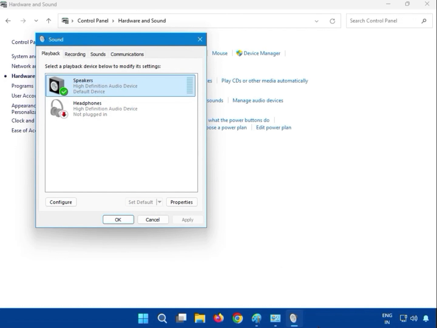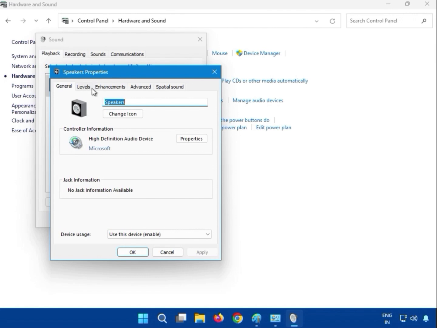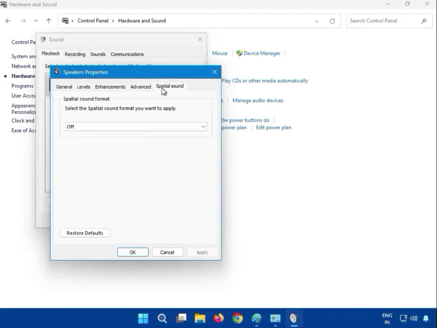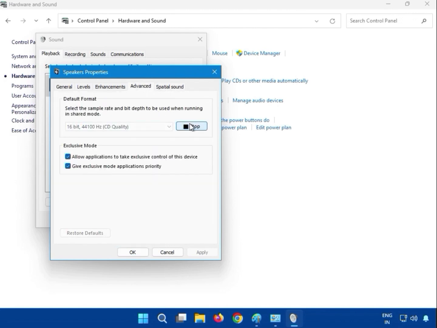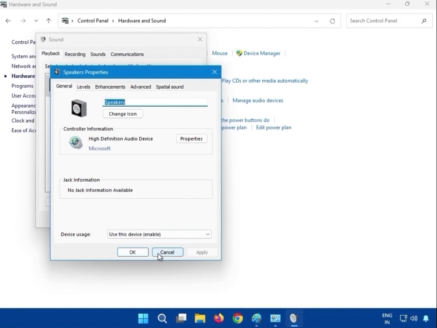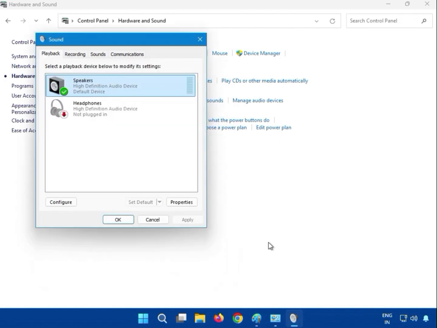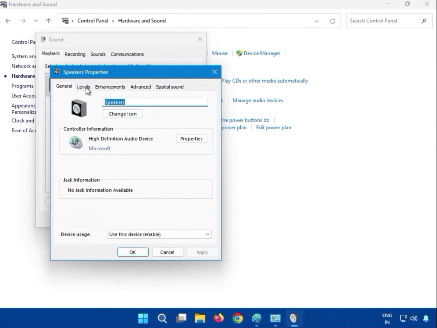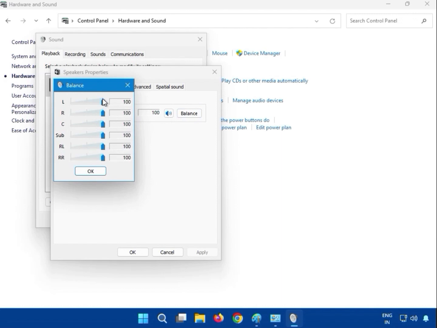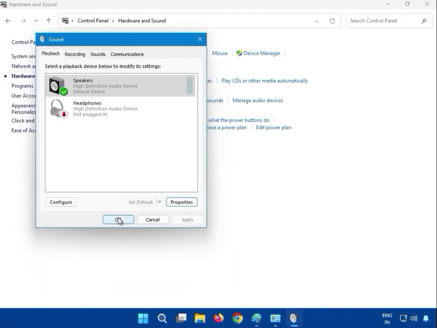Okay, then just double click and click on the speaker. Click on properties. So guys, select the level 100%. Okay, and you can see here the balance is at 100%. Then okay, and then okay,